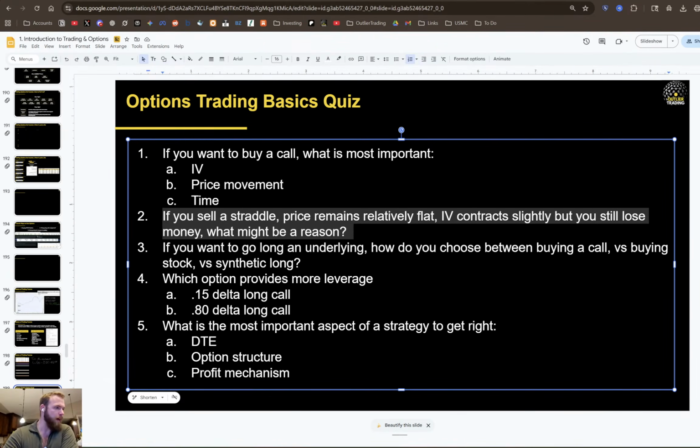All right, let's see what we got. I see Black Mamba says if the loss from the price is larger than the profit you made from time passing, theta, and a drop in vol, vega, the position will show a net loss. Good. Kirk says RV greater than IV. Good. Reese says realized over implied.